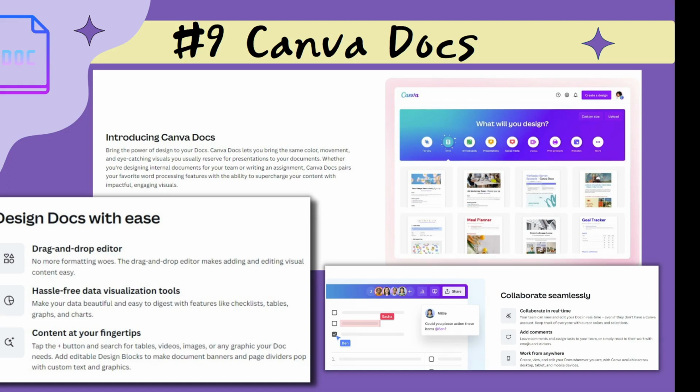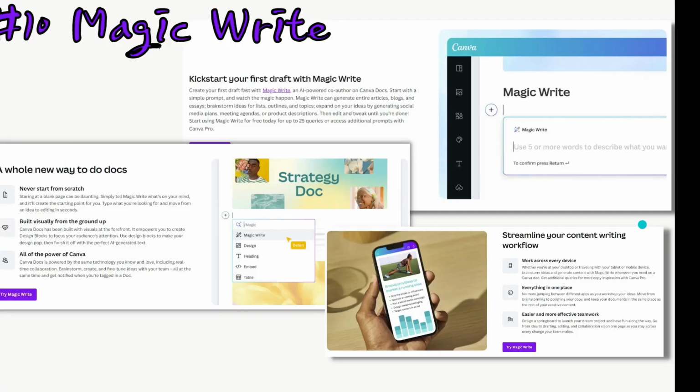So whether you're designing internal documents for a team, or writing an assignment or lesson plans, whatever it might be, Canva Docs pairs your favorite word processing features with the ability to basically supercharge your content with really engaging visuals within the Canva program itself.